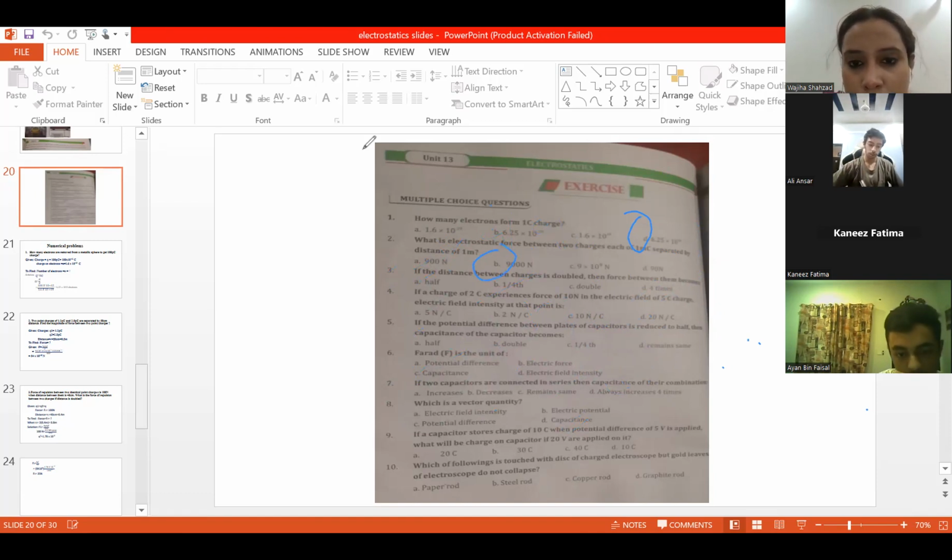Third is, if the distance between the charges is doubled, then the force between them becomes. Now they are asking that if we double the distance of charges, then what will be the effect on the force? Again, we will use the same formula, F equals K Q1 Q2 by R square. And we have to double the value of distance between them. So if we take R as 2R, 2R means we double the distance between the charges. So if we put the value 2 over here, its square will give us